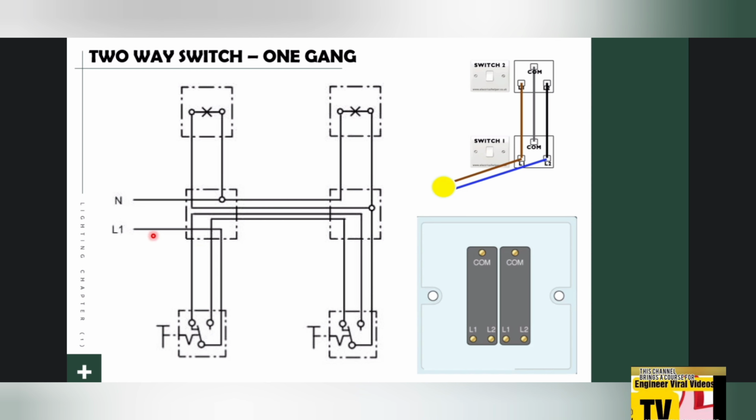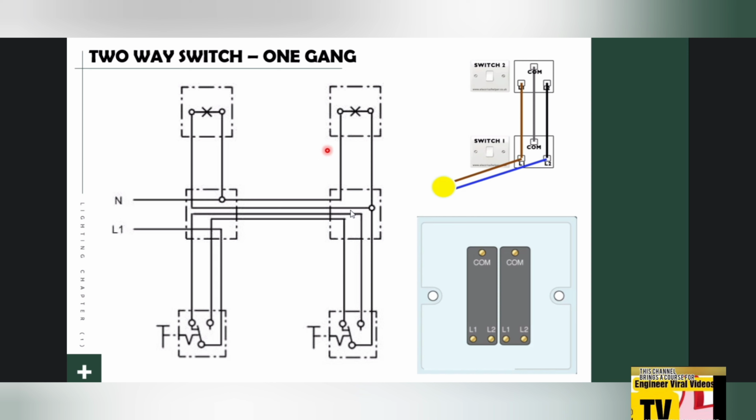See here, for the installation or termination, I must connect L1 to L1 on the second switch and L2 to L2, and after that I take this line and enter here in the COM, and from the second COM I go to the lighting fixtures, see here, and also this lighting fixtures,